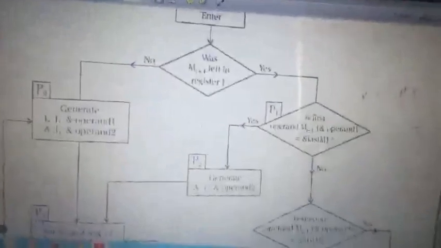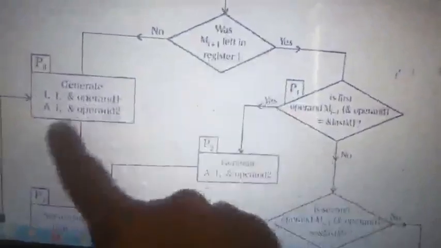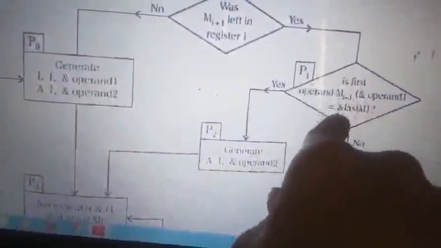So the same thing, it checks if the previous is in a register. If it is not, because at the first line we have not started with anything, the register was null, we will load P0. Next, again we are checking if we are using the next operand as a previous line number. If yes, then directly add. If it is not, then you need to again load the new matrix or the new operand. So this is the flow chart of that algorithm. So this is the algorithm.